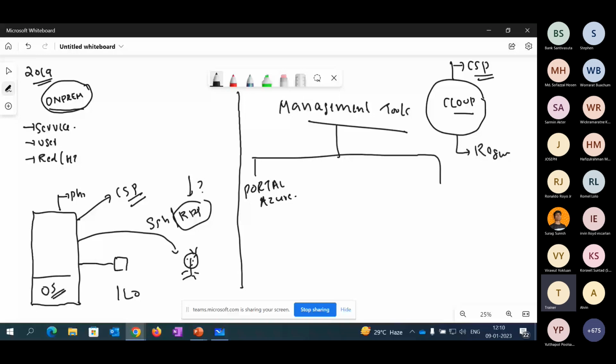We will be connecting with the help of something called management tools here. There are different management tools available in the cloud service provider. With the help of that, we can connect to the cloud data center here. Once your account has been authenticated or authorized, you can connect here. So you can connect to the Microsoft portal,